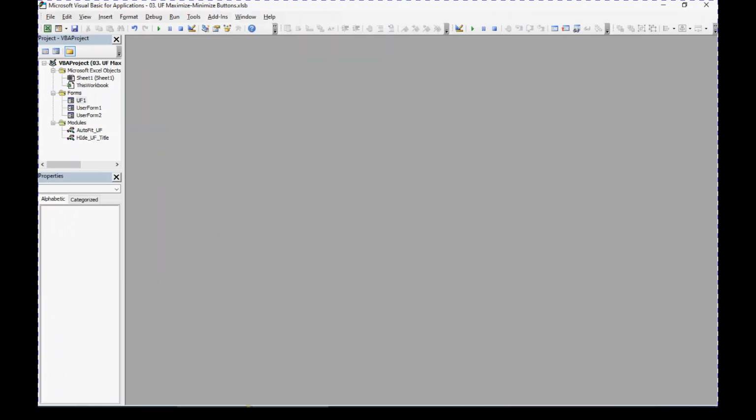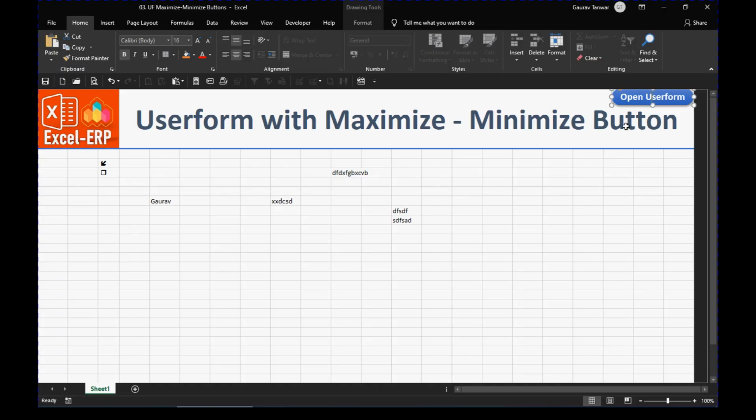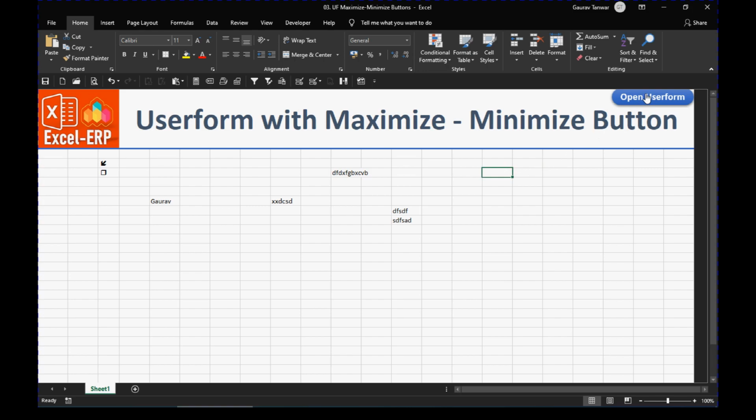So that's the little thing we added in this section. This will be useful if I'm designing a user form with a lot of controls and a lot of calculation happening in the background on the sheet. So it is very helpful while working on the user form. I'll be able to see everything happening on the sheet in the background, and to check where the error is happening if anything is not working correctly. So that is the most useful function of having this non-modal form with the minimize button, so that you can interrupt in between the running code and see where the mistake is likely to happen or what wrong parameter we are getting.